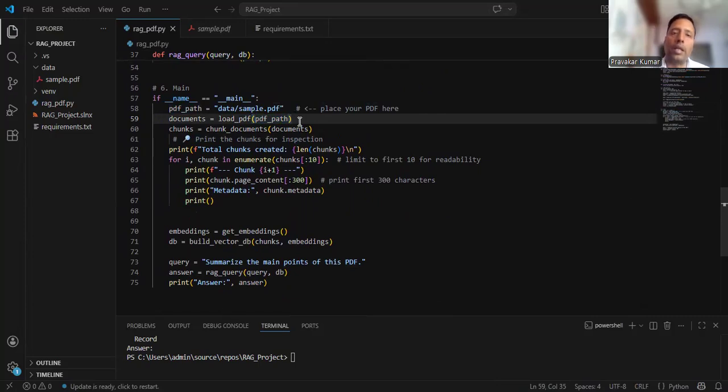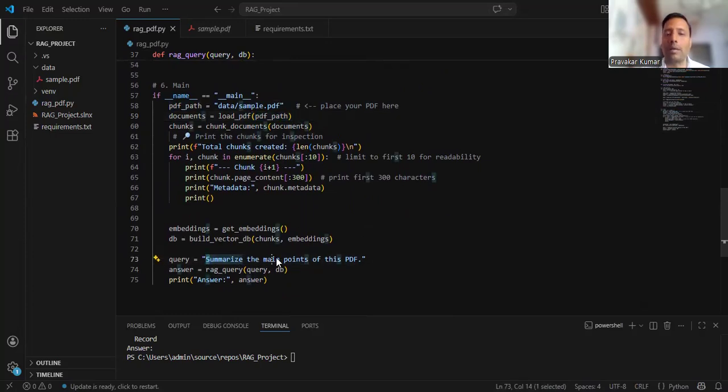And then that vector embedding will be stored in the vector database. Whenever you are asking queries, like here I have asked, summarize the main point of this PDF. Suppose in the PDF there are multiple paragraphs and contexts, and I am asking to summarize the main point of this PDF, so what will happen is, this query will be